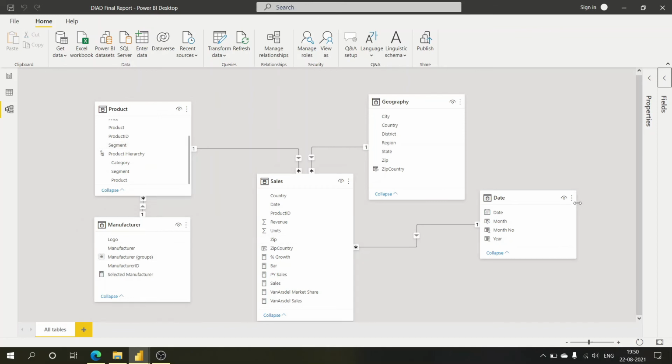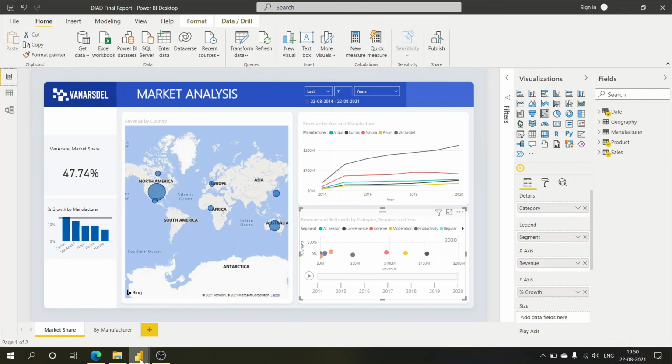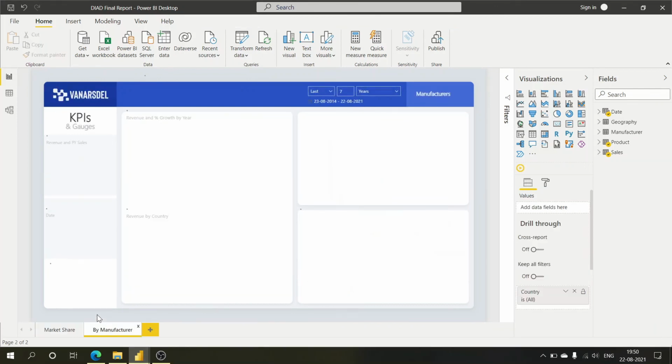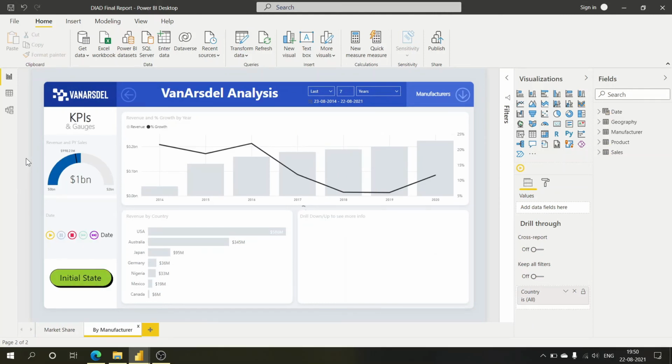So this is the basic model of the whole database and the different operations that we have worked on. And here's also a much more arranged view of the Van Arsdale data analysis.